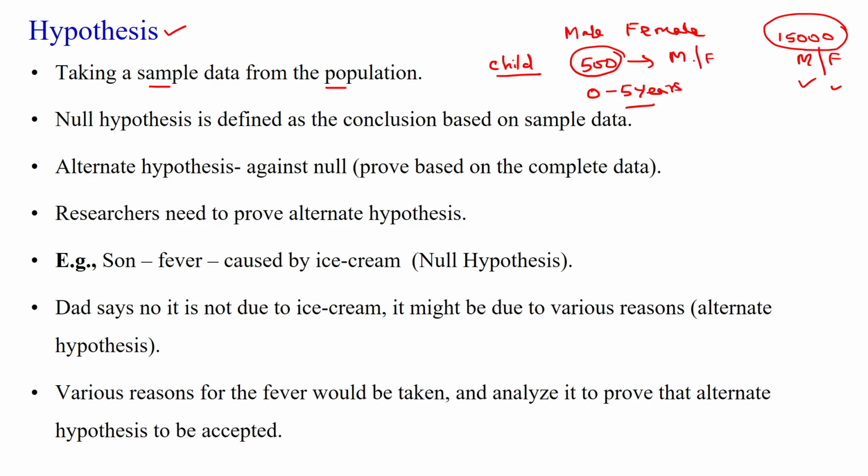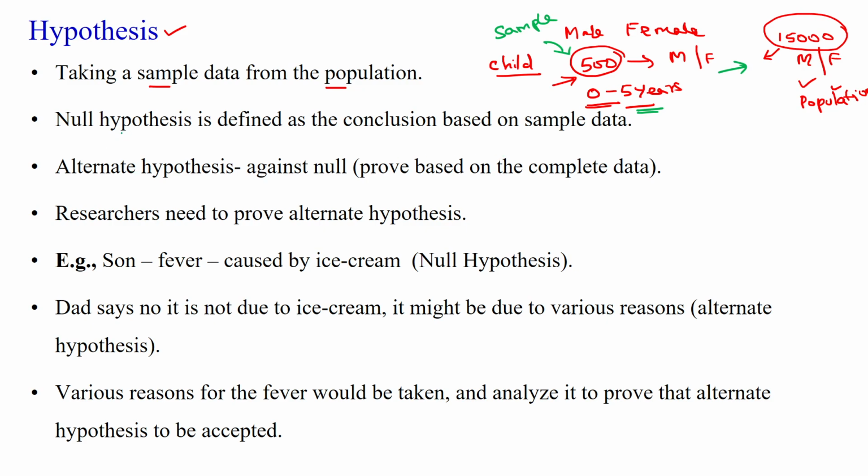So among this locality, with 15,000 people available, the child needs only 500 people in these 5 years to classify a person as male or female. Here this 15,000 people data is called the population, and the only 500 people the child has seen in this 5-year span of time is called a sample. So a sample of data is taken from the population to identify the solution.